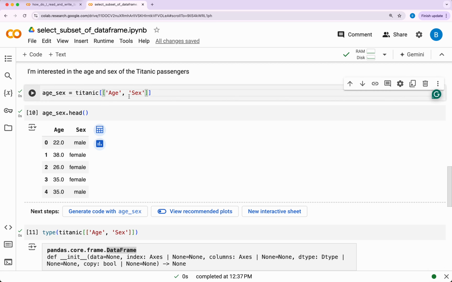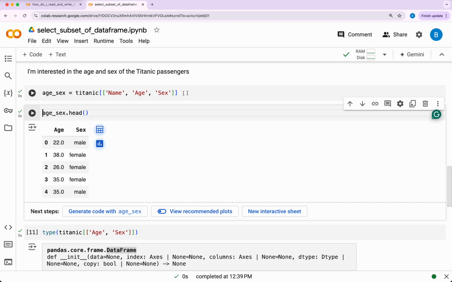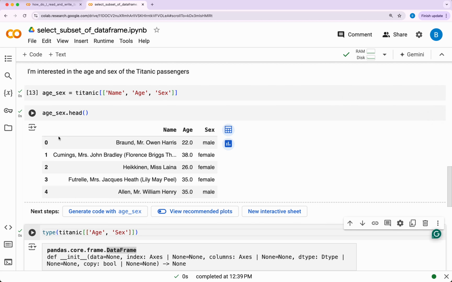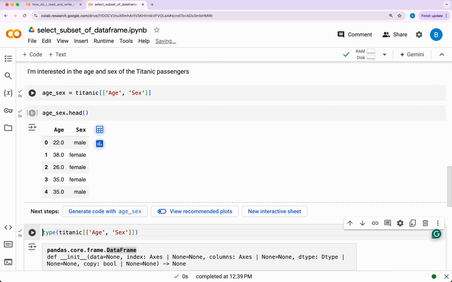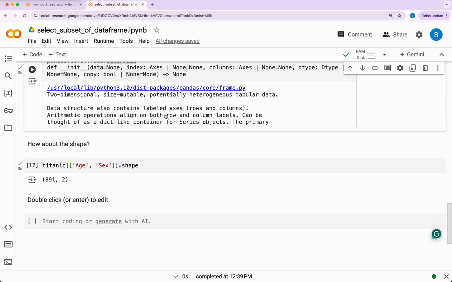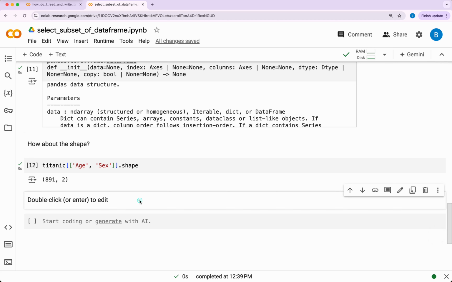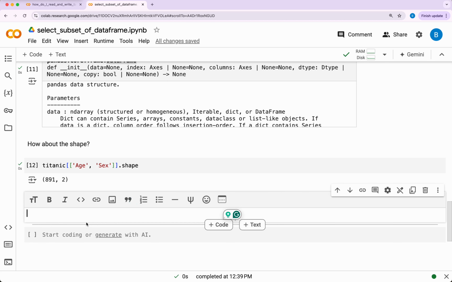So here we can just have something like name, right? And if we run this, you can see the name, the age, and the sex. So you can pass in as many column names as you want here. Okay, I hope that's clear, but if there's anything you don't understand, just please let me know in the comment